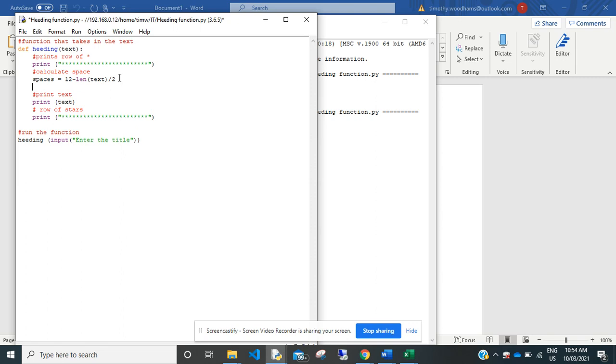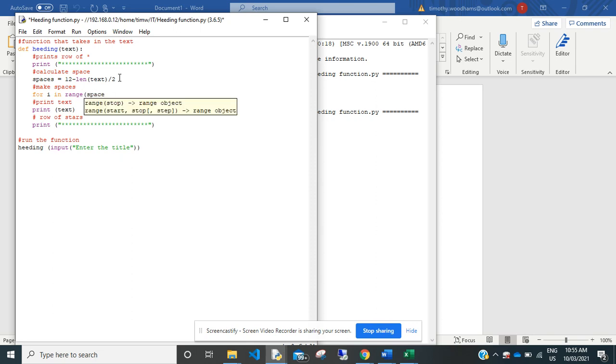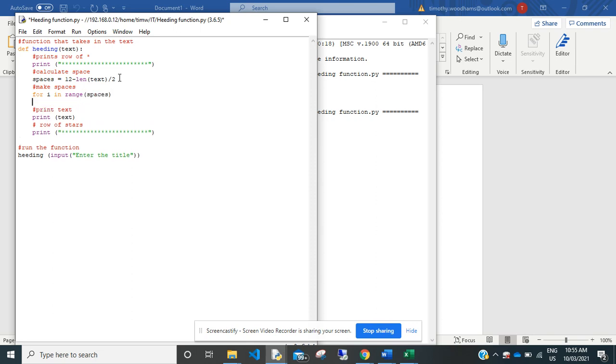Now I want to make those spaces. So here I could have a lot of statements with different amounts of the length I could have got, and then inputting the space is going to be really a pain. So what I'm going to do is use a for loop. I'm going to say for an i in range of that number that I've just worked out, spaces, and I want to add a space onto my